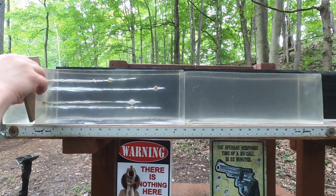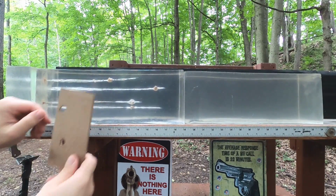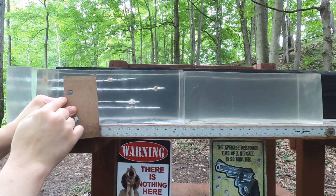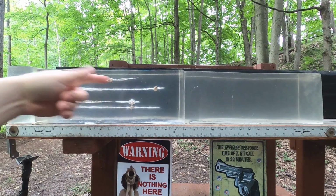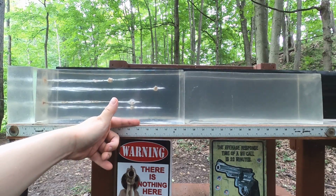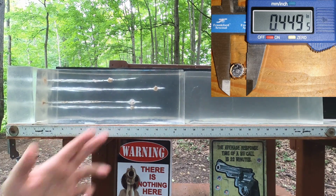And again, we're seeing a lot of consistency here. Definitely a lot of breaking off MDF, so that's definitely got some good expansion going on. We see expansion here with both the 380 down here and our 38 Special up here. So we're expanding some in this first 3 inches, which is good, but it looks like we're not hugely expanding, which is also good. So we got about the same penetration between the two again. This time with the 380 being a little bit more, and this time with the 38 bouncing back a little bit. So we got about 14 1/4 inches with our 380 ACP, and of course we're seeing